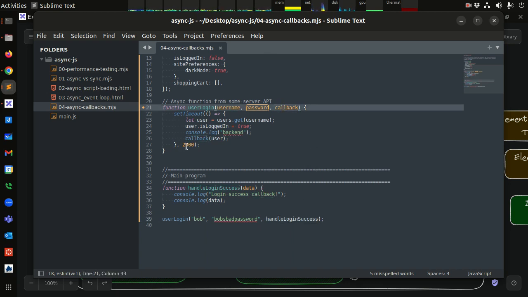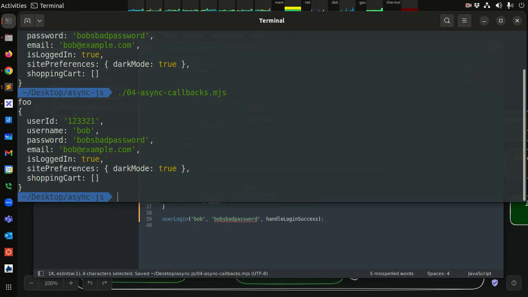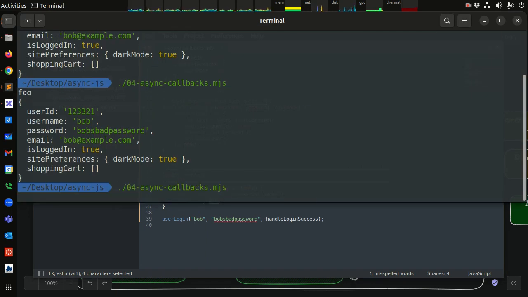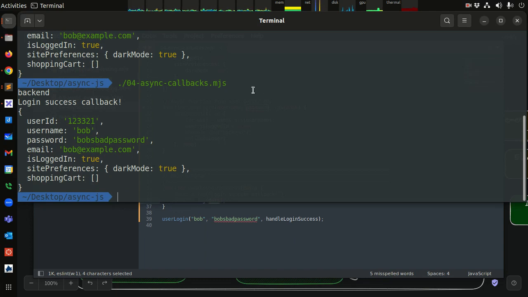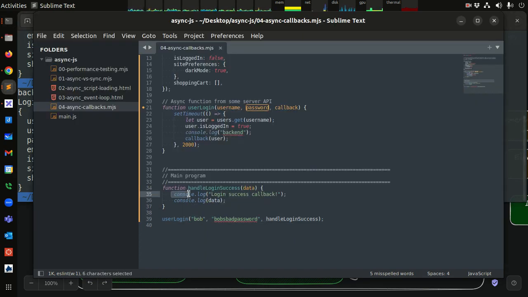And then this function is called, and we're passing in the data that we got here. And so now we can handle a successful login and actually have access to that data. All right, so that's what this is. Let's take a look at that. Let's run this again. Okay, so we see the backend finally succeeded, and then the login success callback, that's our handle login success,